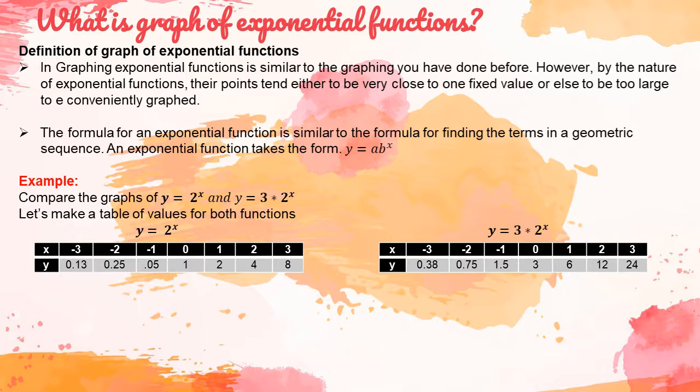So, pwede pong limang value lang ng x, basta makagawa po tayo ng curve. Huwag lang pong tatlo kasi wala po tayong magagawang curve dyan. Pwedeng 5, pwedeng 6, 7, 8, 9, 10. Depende po sa inyo kung ano pong gusto nyo ibigay na